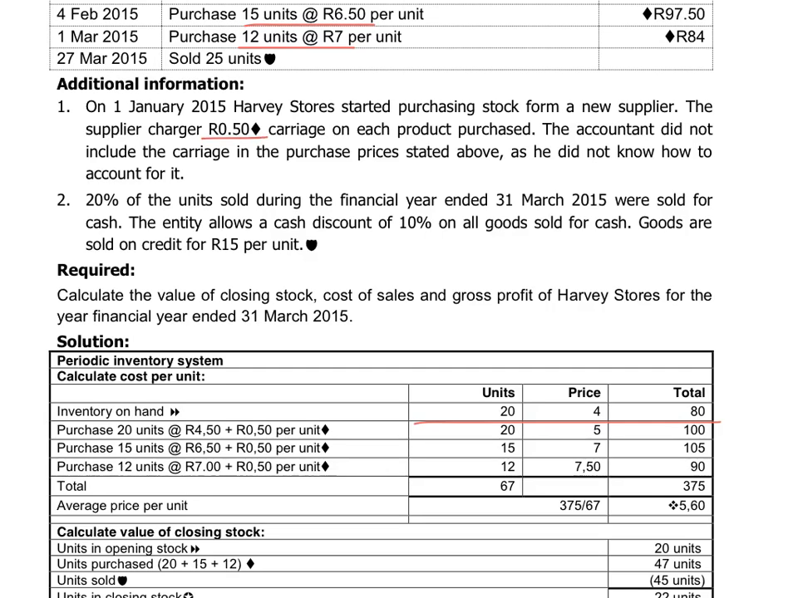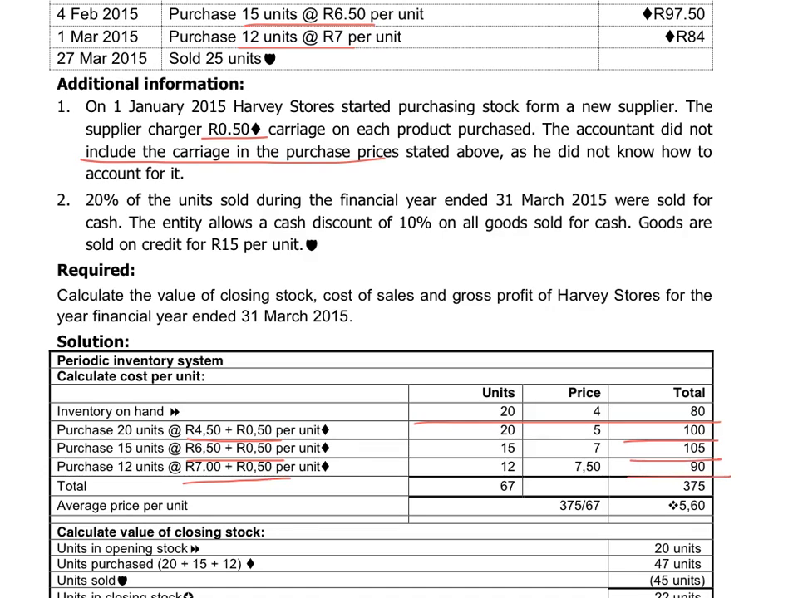So in the opening inventory, there's no carriage because the goods were purchased in the previous years. In the current financial year, you have to add 50 cents to every product, and the accountant did not include this carriage on purchases when he did the calculations. So when we determine the cost price of the goods purchased, we will add the 50 cents every time to the cost price, multiplied with the number of units,